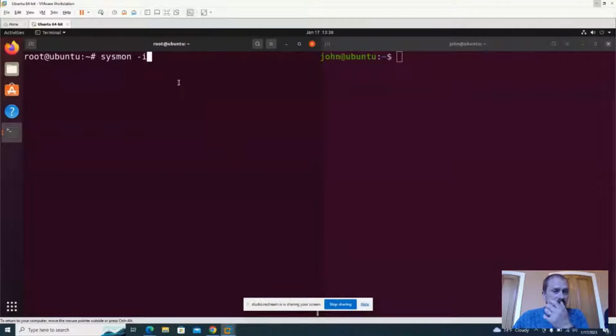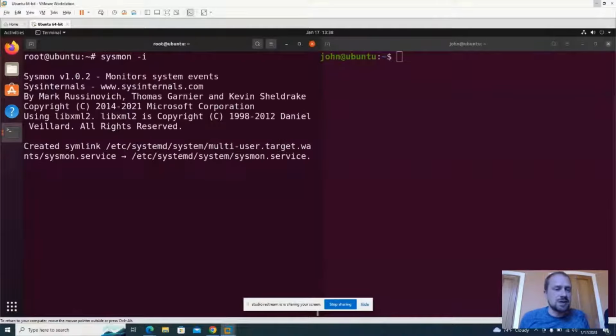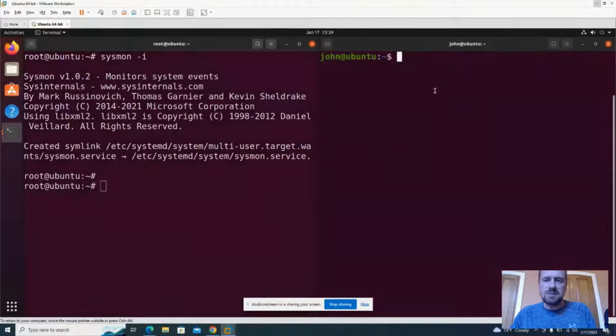But for this, we're just going to run Sysmon like so. And that's kind of it. In a couple of seconds, I'm going to get my command prompt back on the left-hand side. And then on the right-hand side, we're going to be looking at how these logs actually look on the Ubuntu system. So if I do tail -F and I do var